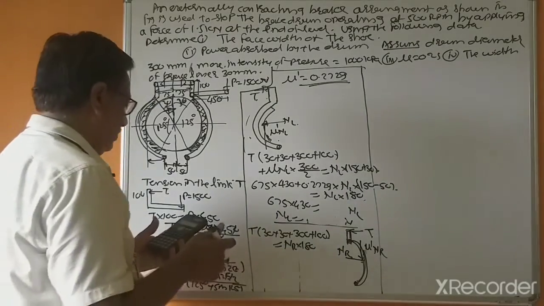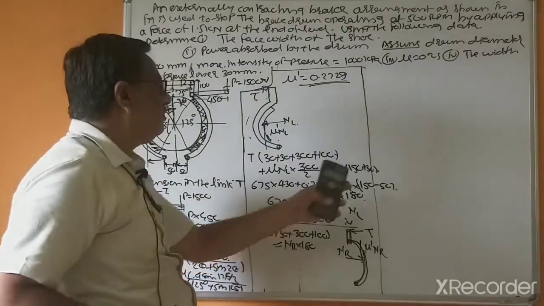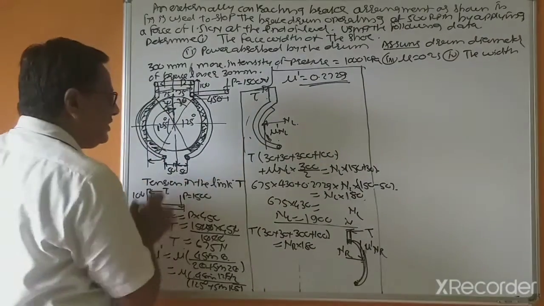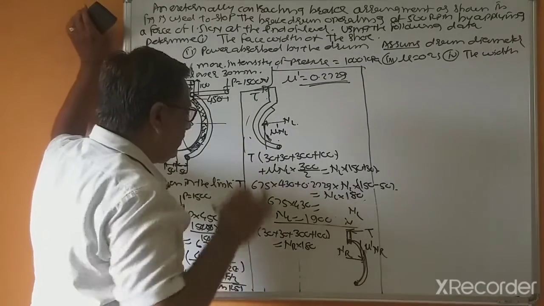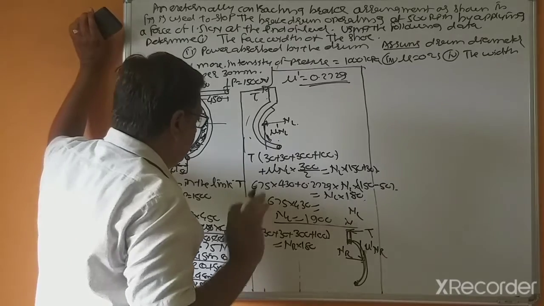This is equal to, this is right, 1900. Why is this 150? Because this distance is to be minus, 50 distance is to be minus. So this is NR into 180, that is correct,